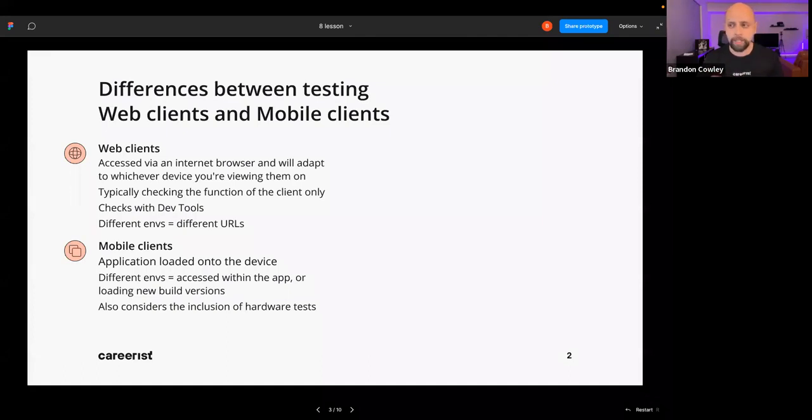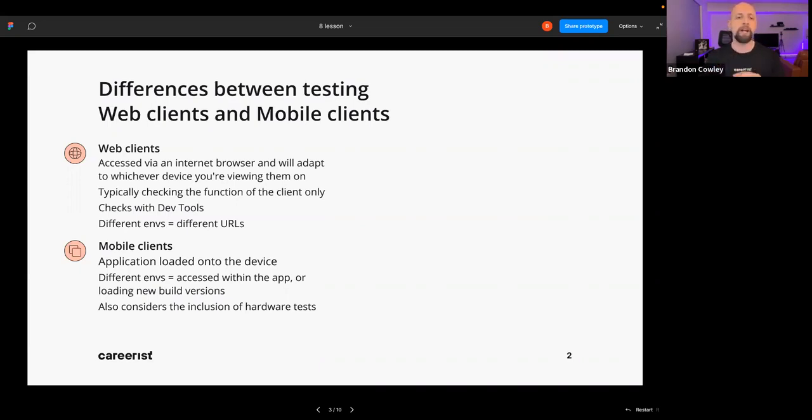So I pulled the screen back up here. Main differences, okay? The way that you access the content. So web clients, you're on a browser and you're accessing the content on the browser there. It's not installed on your machine, right? Versus on a phone, you download an app to this phone, and that's primarily how you're accessing most things that you're doing, and especially what you're going to be testing. When you go to a company, say you work for Bank of America, you may poke around on the mobile browser, but chances are you're going to be using their app, right? So that's a big difference.